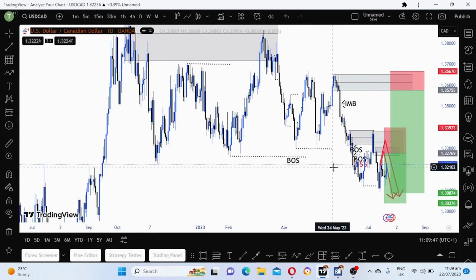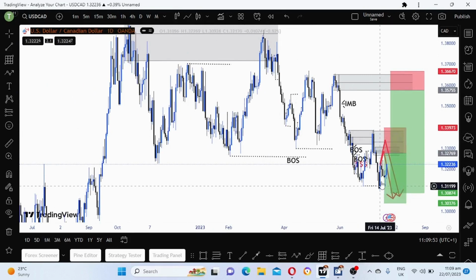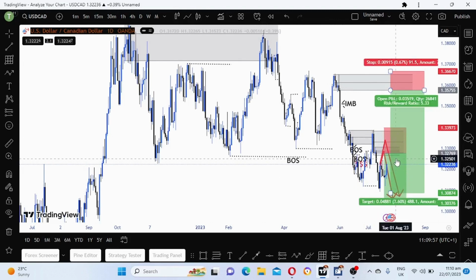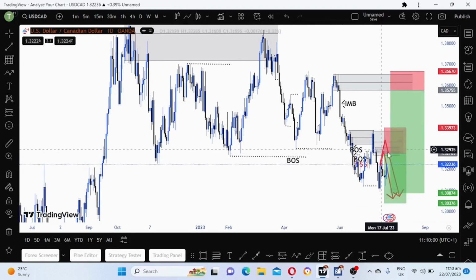So here is our break of structure, pull back, and we sell. We broke structure to the downside, and also we are now in a pullback. I'm now waiting for price to reverse at this supply zone that I draw here. We actually have one supply zone that we draw here.